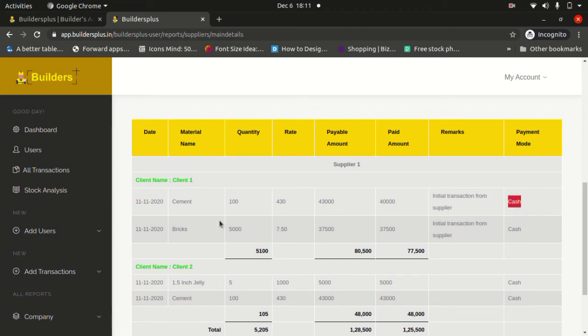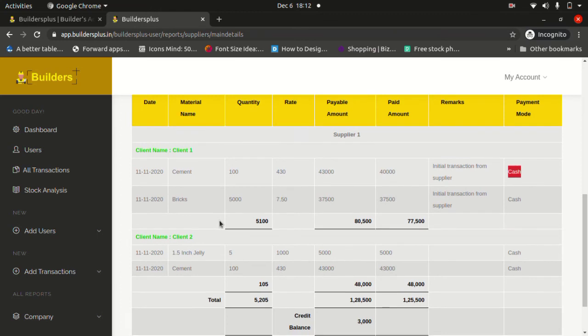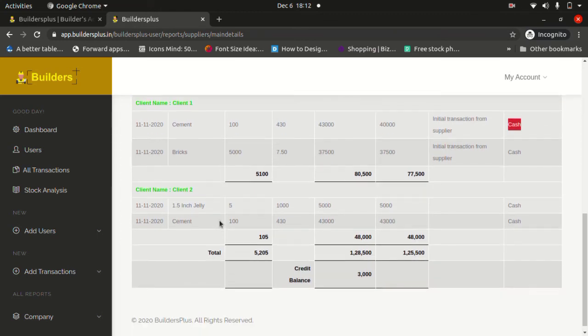This is how we can refer to this table. Here you can see all the suppliers and all the clients' main details. In the bottom you have the credit balance of all the respective suppliers.